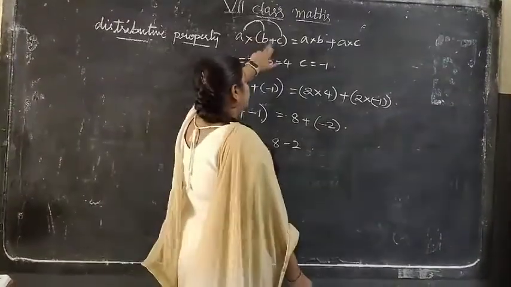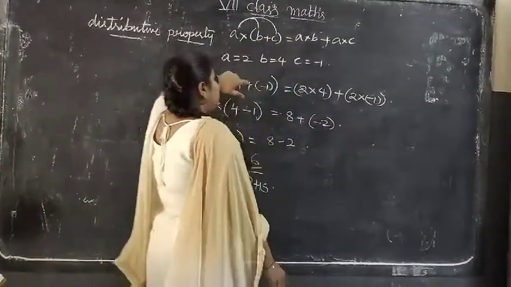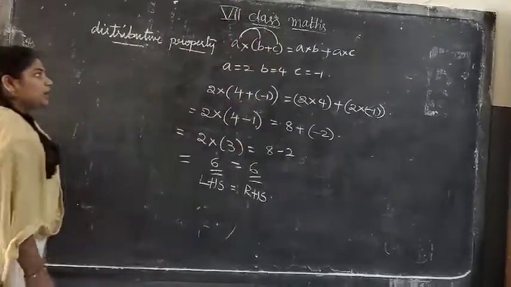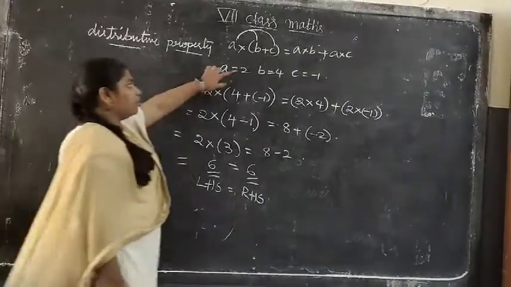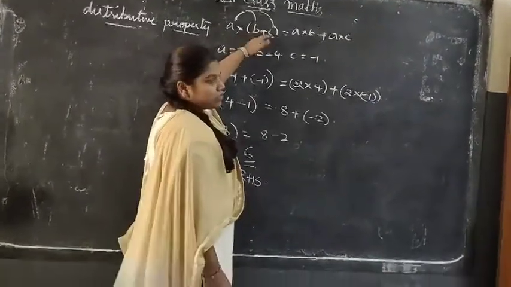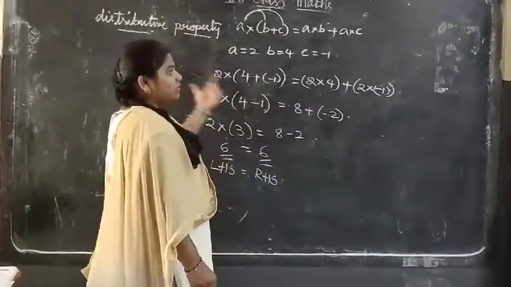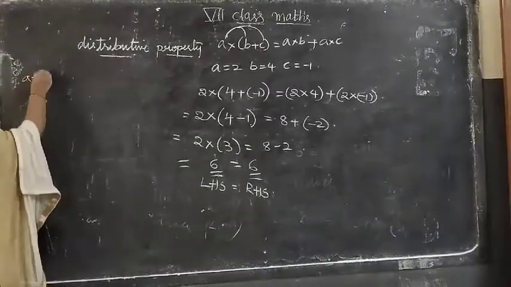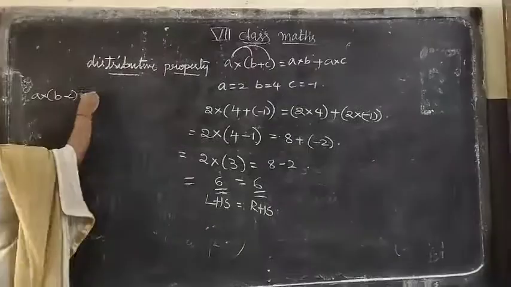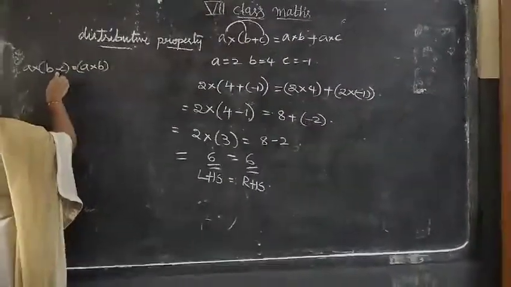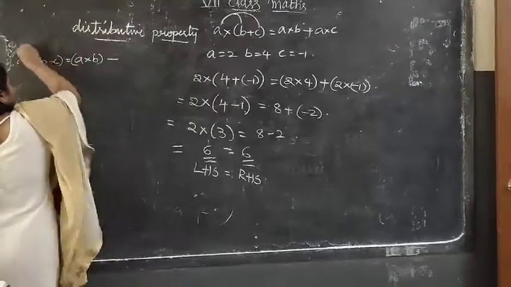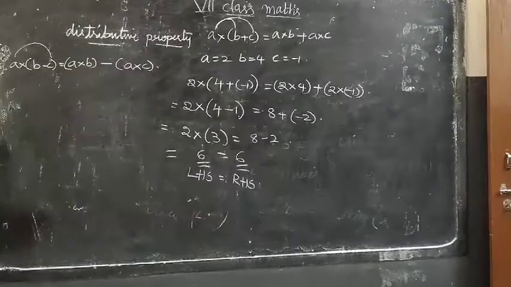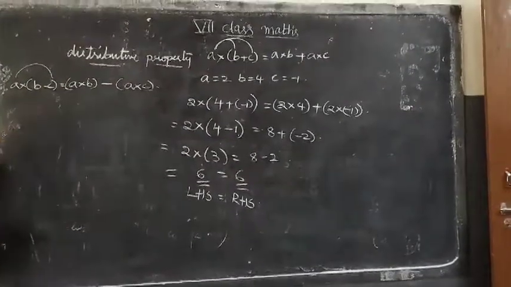So we are seeing two signs together, multiplication and addition symbol. So this is distributive property under multiplication over addition. Now in this we are having over subtraction also. That means in the place of plus, we will keep it as minus. So whether it will be satisfied for integers or not, we will see. So next, how to write this? A into b minus c is equals to a into b. Here we are having a minus sign, so keep minus here. That is a into c. So whether this will be satisfied for integers or not, we will see.